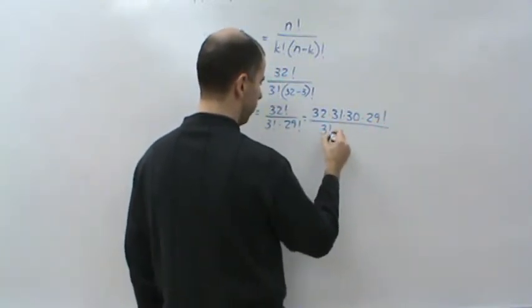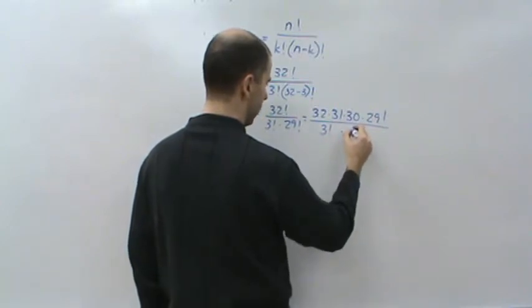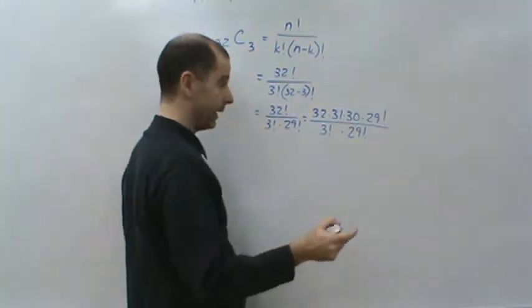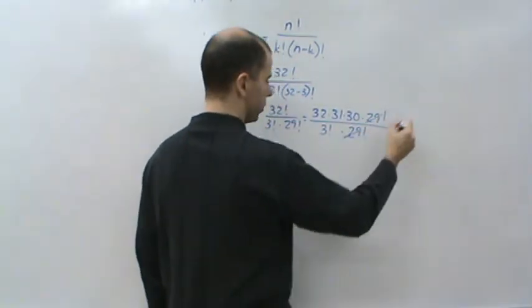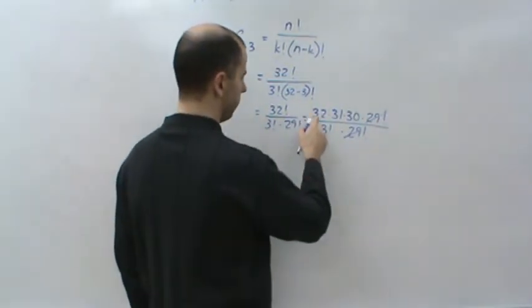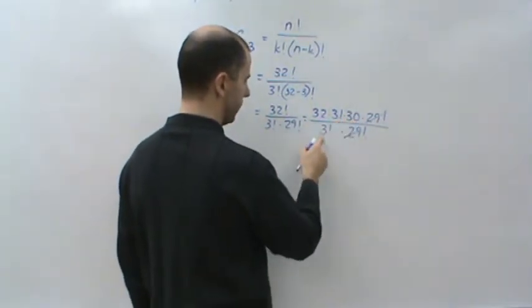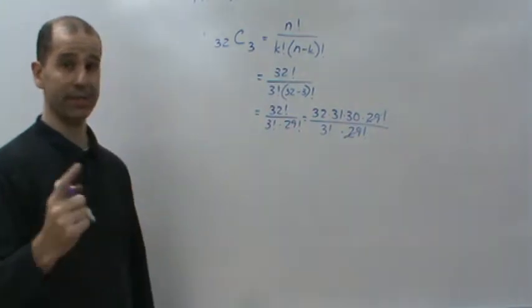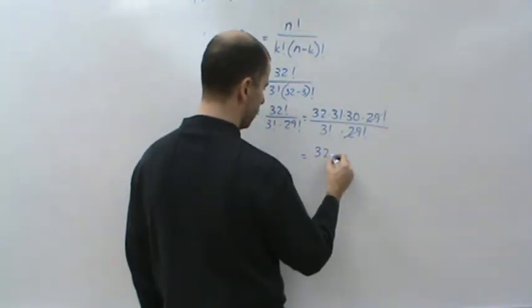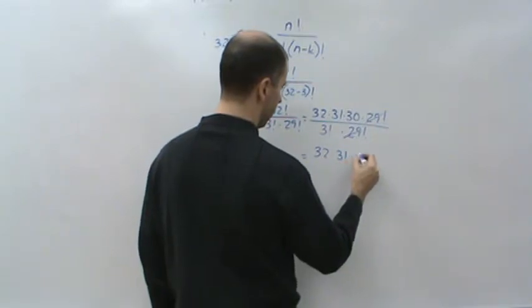And then I'm going to have 3 factorial in the bottom times 29 factorial in the bottom. Now, just like before, I can cancel the 29 factorials. And look what I have. I have 32 times 31 times 30 divided by 3 factorial, which is 6. Okay? So what I end up getting is 32 times 31 times 30